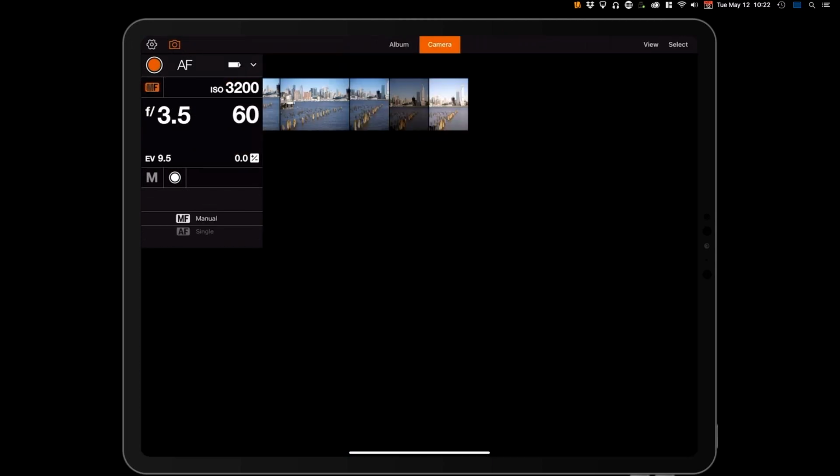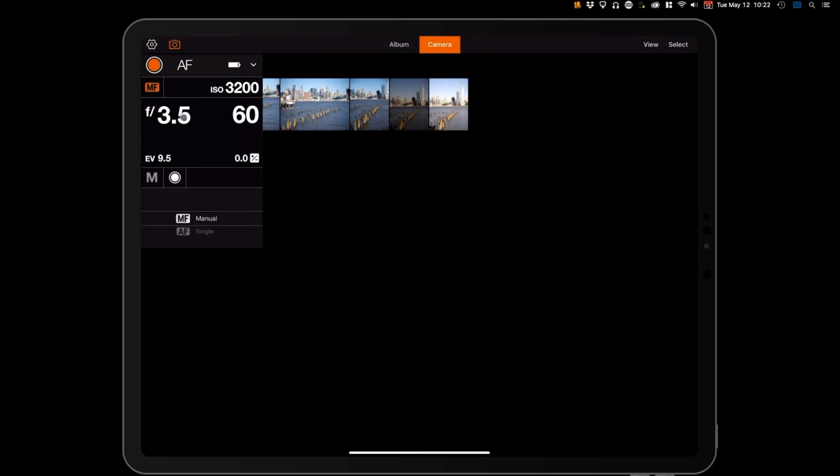And then ISO and the ability to toggle focus modes, autofocus or manual focus. Up here at the top, I have a big orange button for shutter, AF that's driving the autofocus a lot like the AFD button on the rear of the X1D2, and then finally the battery status indicator. What's really neat about this is that the interface is incredibly familiar, so I'm not having to relearn a new menu or relearn where everything's located, and I can very easily adjust the settings.